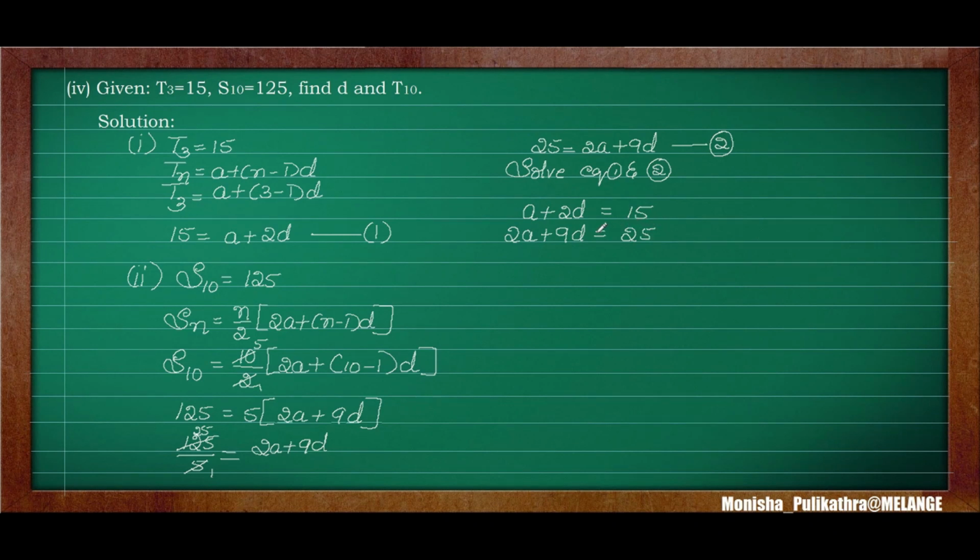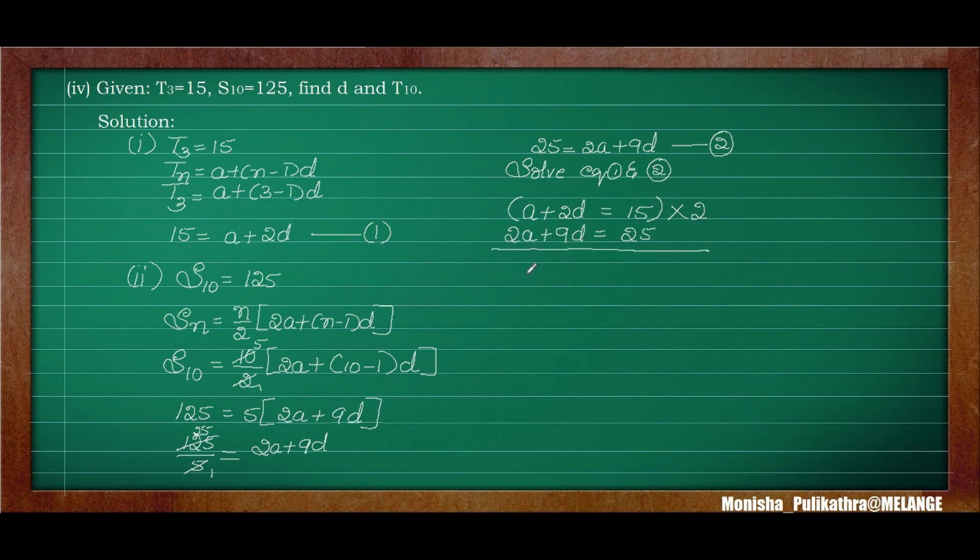So here we need to notice a fact. In order to solve this, at least one of the terms should be equal. Either the a term should be equal or the d term should be equal. Here a and d both differ. So we need to make the equations such that one term becomes equal. So for that, I will multiply the whole first equation by 2. If I multiply it, it will become 2a, so that this a term will be equal in both.